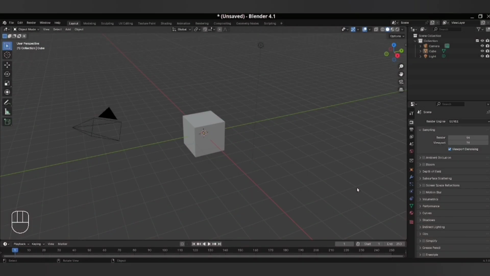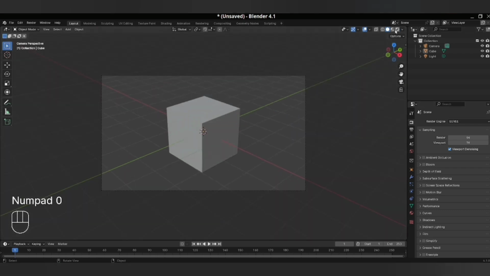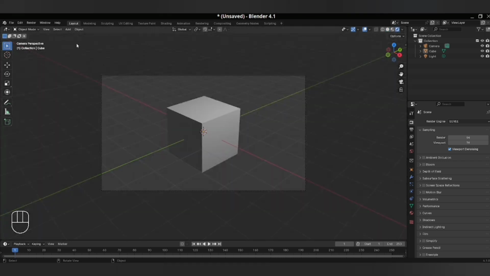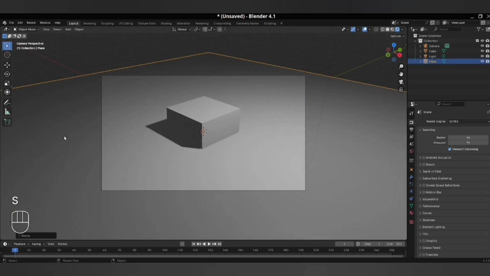So, first of all, let me tell you what's the difference between the two engines, namely Cycles and Eevee. So how do we see which engine is better? First, go to the render properties over here and click on Eevee, which is already selected by default, right? If you go to camera view, go to render, and then add a plane, scale it large, fill in the view of camera, and render the image,